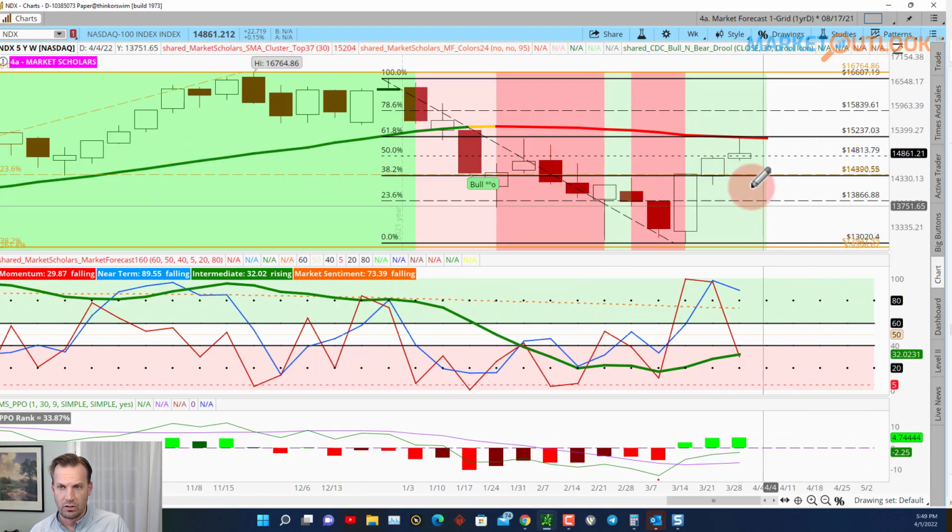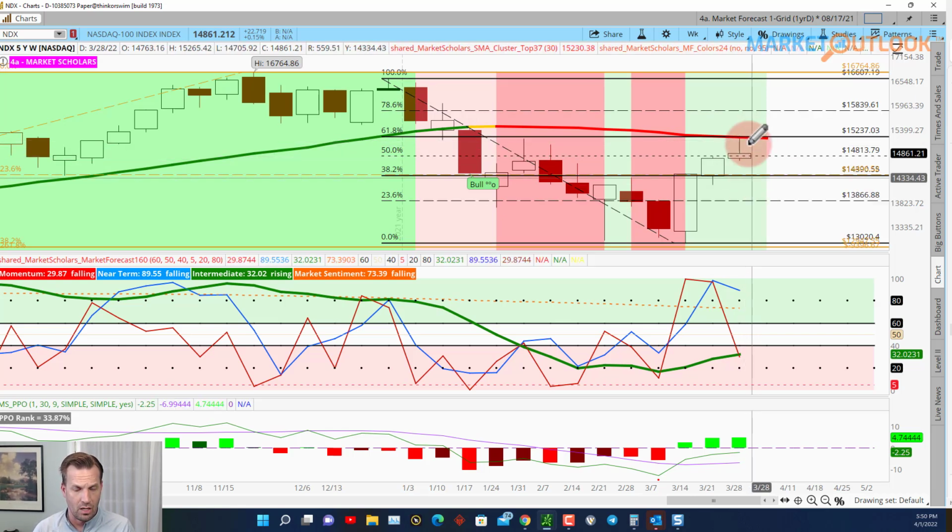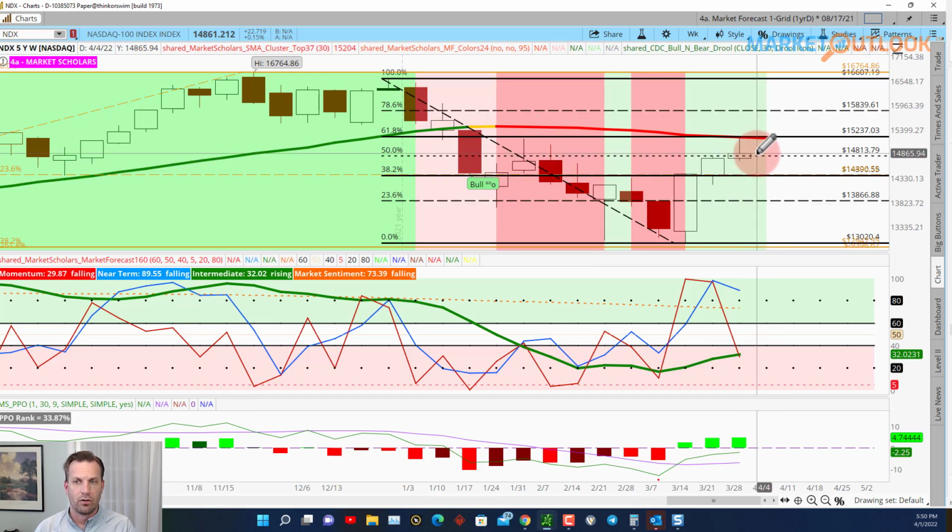But as you look up here, again, the 62% retracement held with a little bit of a long upper shadow again, and a very small body. So it's really important to see how we resolve that long upper shadow next week, because right now you would consider it more of a bearish sign. Not that we'll go down too far, but until you get a better candle,